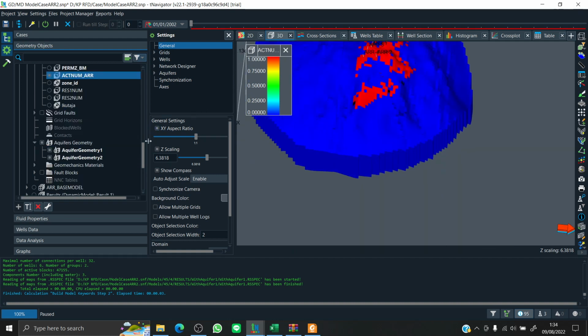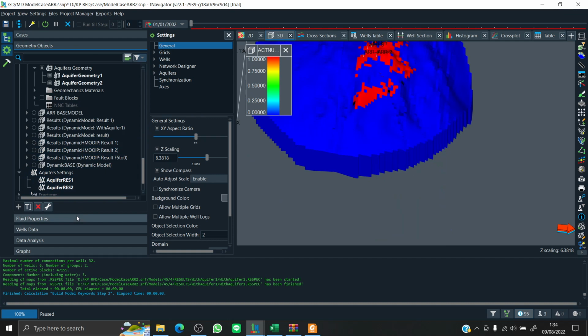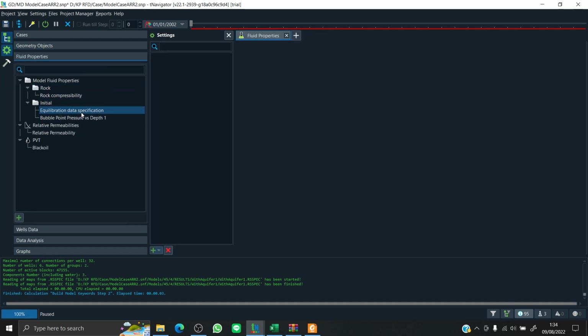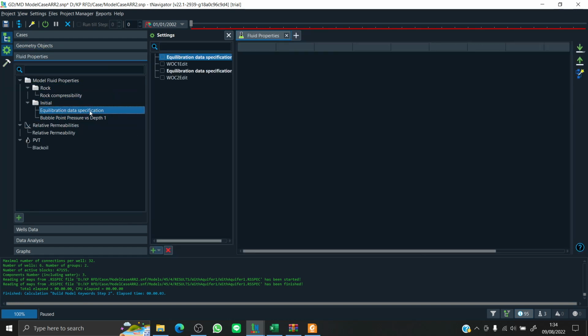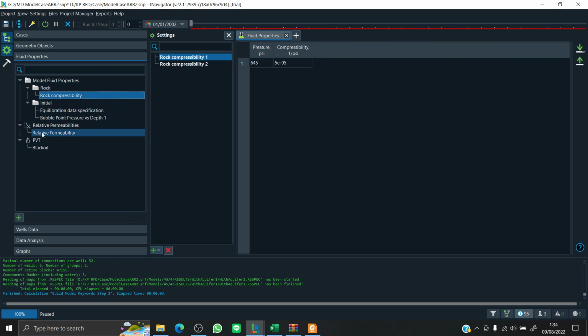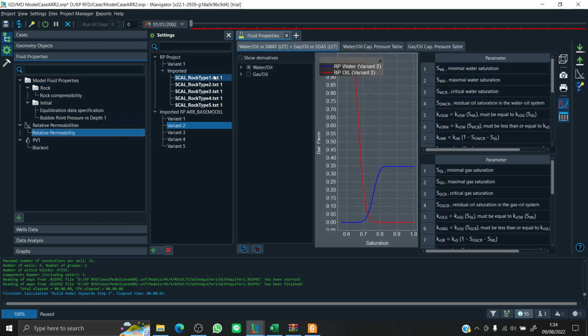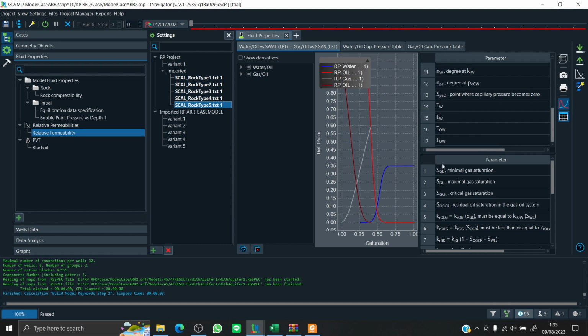The model has 5 relative permeability types in terms of the saturation region, and the relative permeability is based on the LET model, as you can see here.